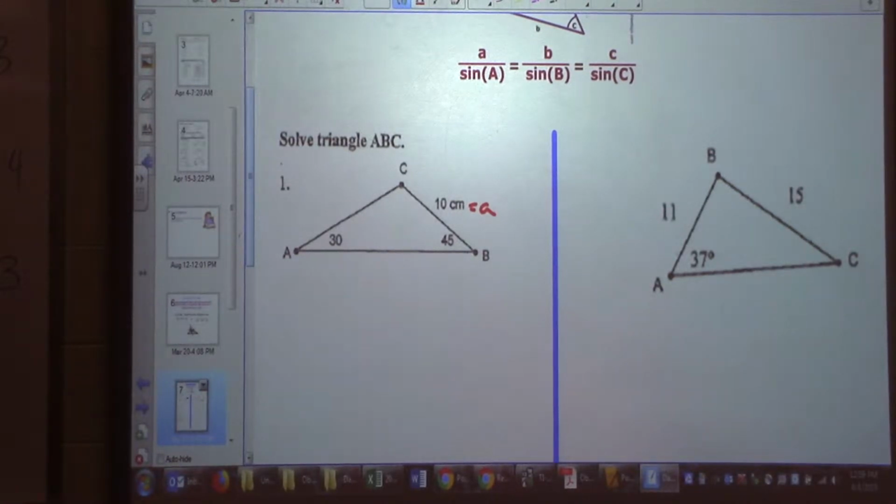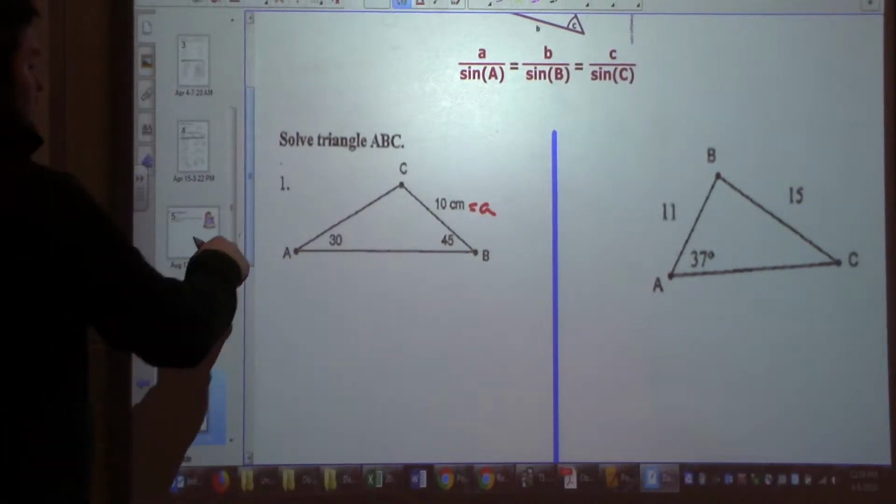Hold on. What does it mean to solve a triangle, by the way? All sides and all angles. So normally we'd say we can't do it because we don't know enough information. But now we do. What we're going to do,